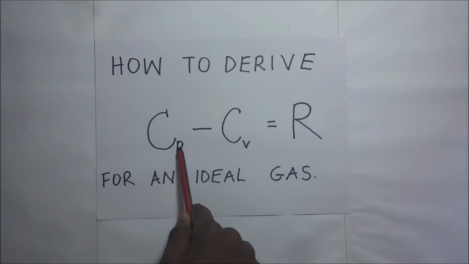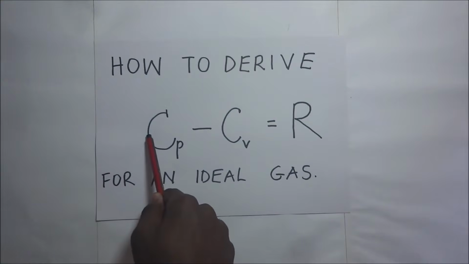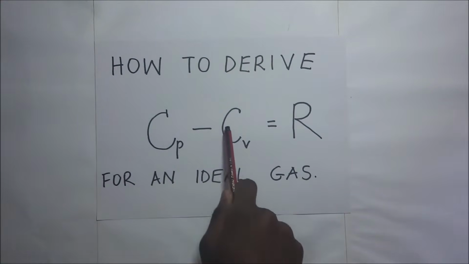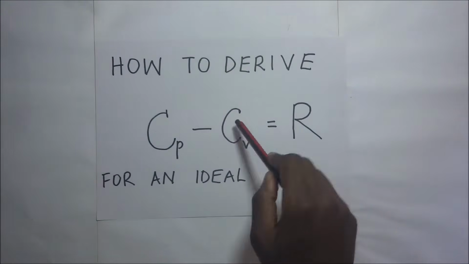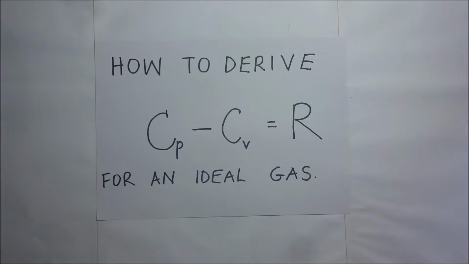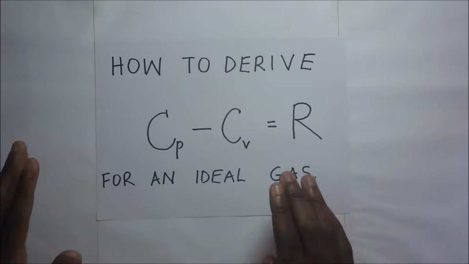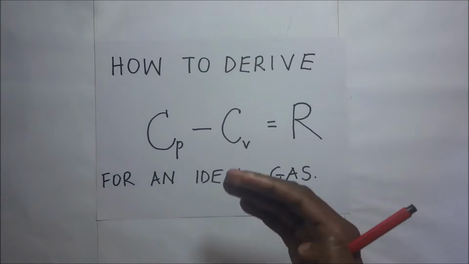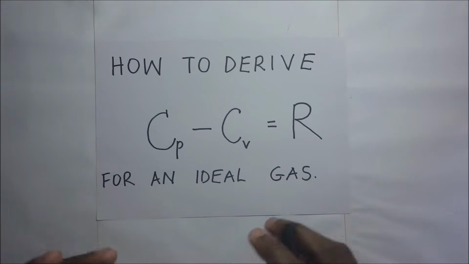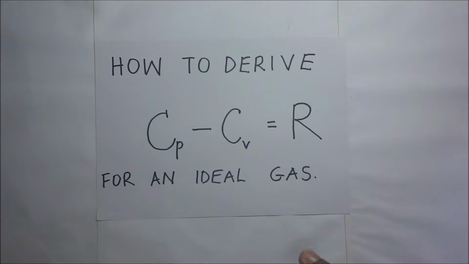a substance at constant pressure, or call it the principal molar heat capacity at constant pressure, and then the principal molar heat capacity at constant volume, or you may call it the specific heat capacity of a substance at constant volume. Now take note, when a substance is being heated, pressure and volume are always affected. When it comes to liquids and solids, the pressure and volume are affected, yes, but it is always in negligible amounts. That is why we never consider the changes in pressure and volume when we heat a liquid or a